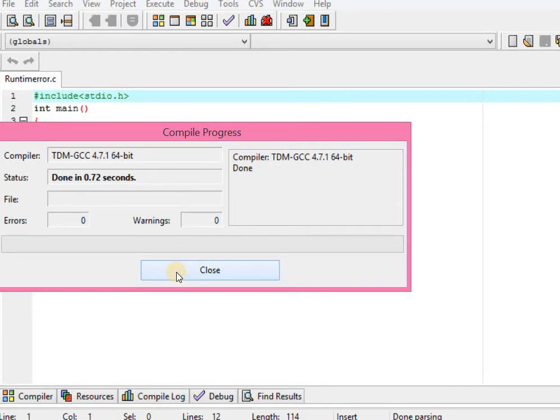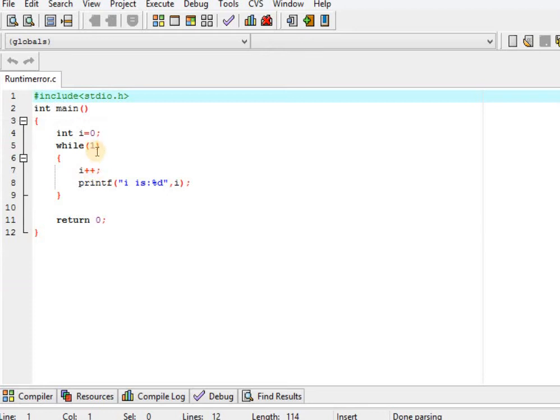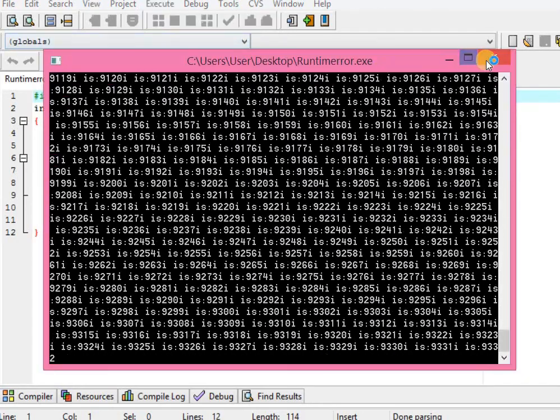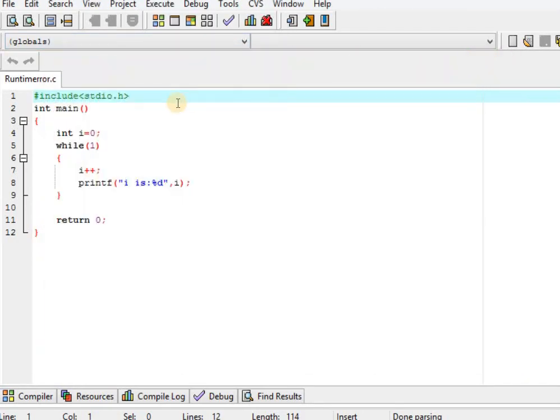After that, the linking process happens and the .exe file is generated during the execution of the program. If the user performs some illegal operation, for example in mathematics, if anything is divided by 0, anything related to 0, division or anything, it goes to an infinite value. Here if we run the program, an infinite value is printed, so it's a runtime error.